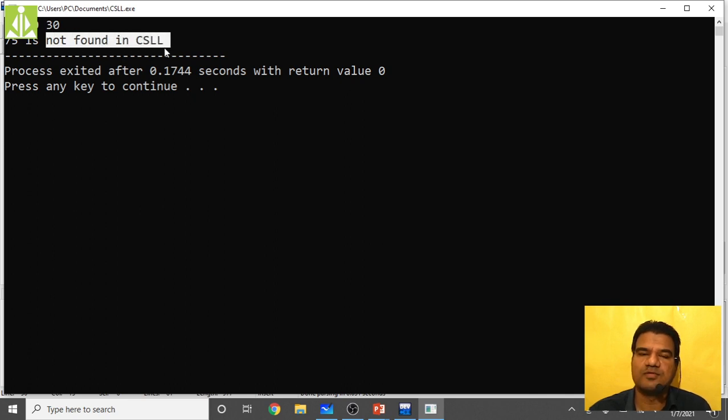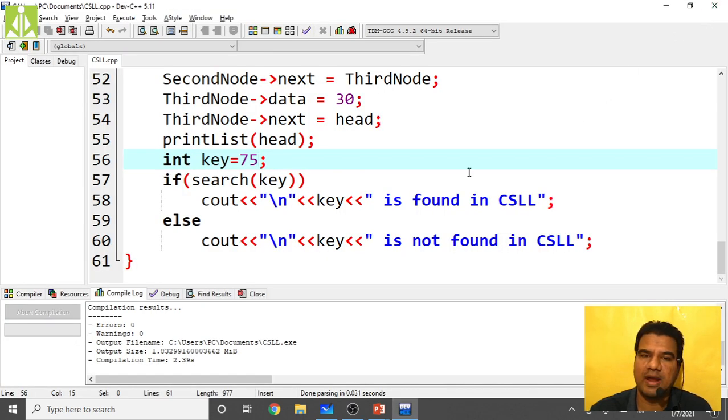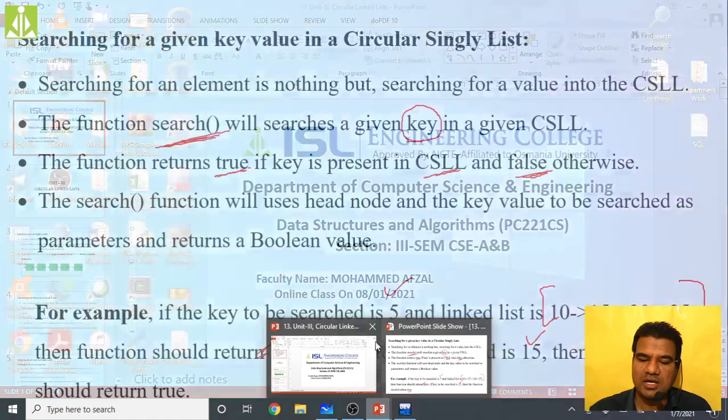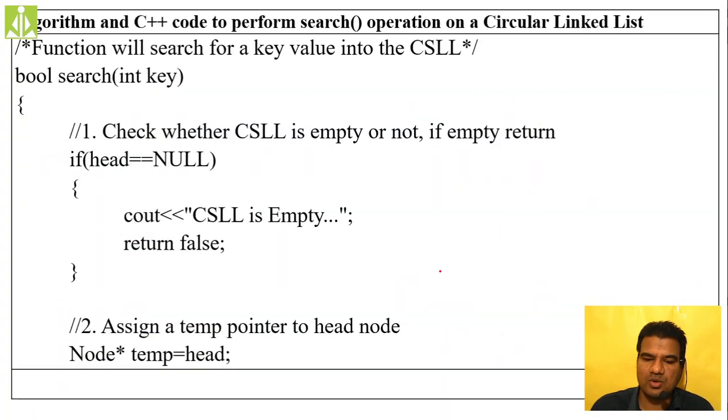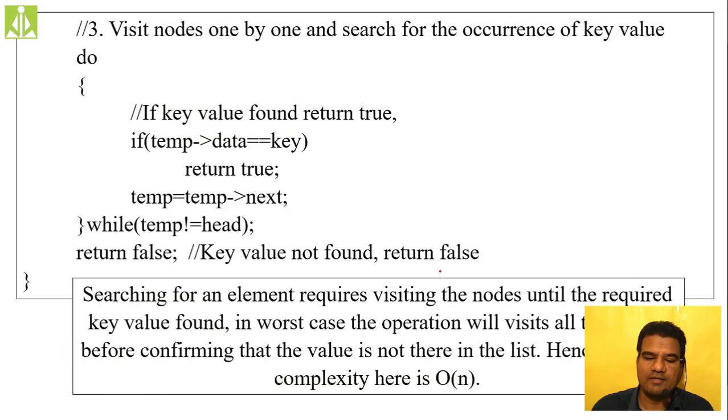So this is how we perform the search operation on a circular singly linked list. Believe me, it is very easy if you do the practice. So the rest we'll do in our next class, hopefully. So this code I have explained, and searching also: after how many elements we'll find the value, or after searching all the nodes, if you don't find the value, because the number of nodes we don't know here. The number of nodes in the circular singly linked list we don't know when we are calling this search function.